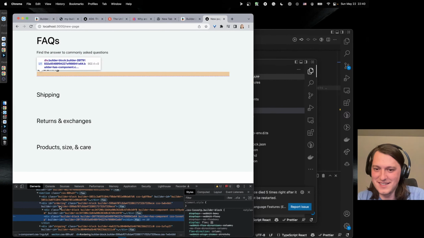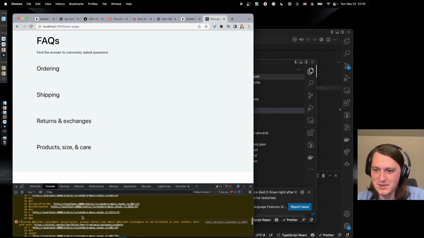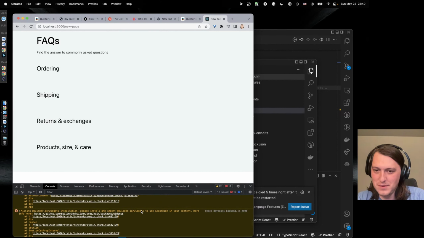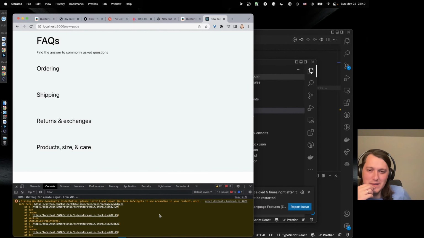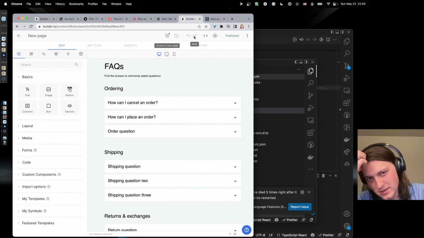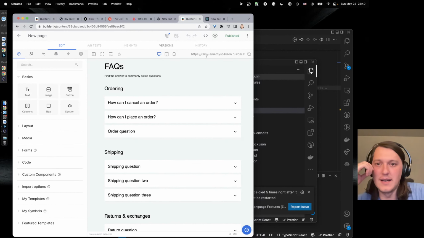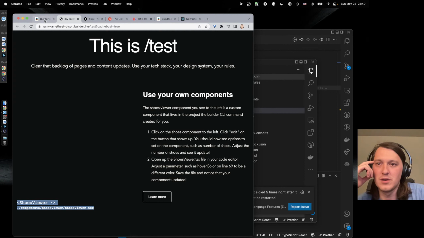Okay, so is it there, or like what's the problem? Please install widget accordion. Okay, so we're using some component here. And our local environment kind of doesn't support it.